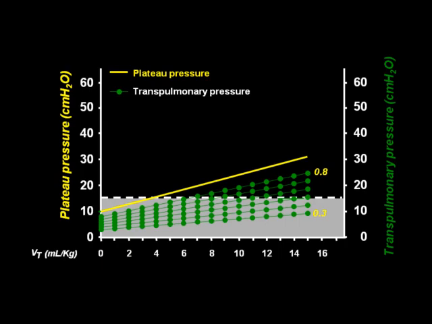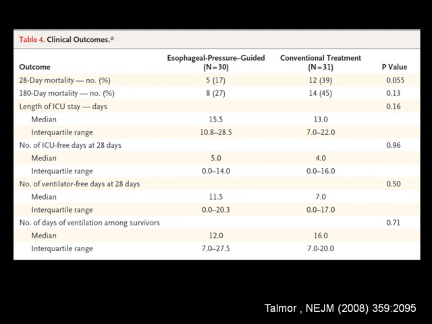And this is important because if you draw this line, tidal volume, transpulmonary pressure, and plateau pressure, and you imagine increasing plateau pressure, airway pressure only, yet transpulmonary pressure will change dramatically according to the relationship of the elastance of the lung in comparison with the total elastance, such that, for instance, if you consider this as a safe threshold, you can ventilate at 6 ml per kilo in a very safe way or in an almost dangerous zone. This pushes to the concept of the need to use esophageal pressure that has been brought upon by Talmor